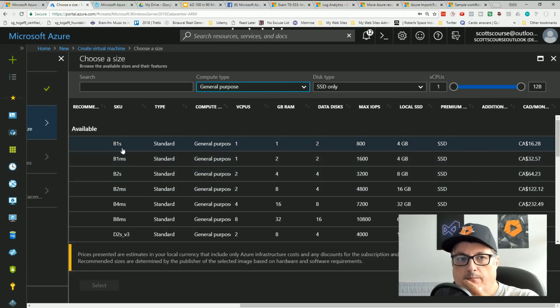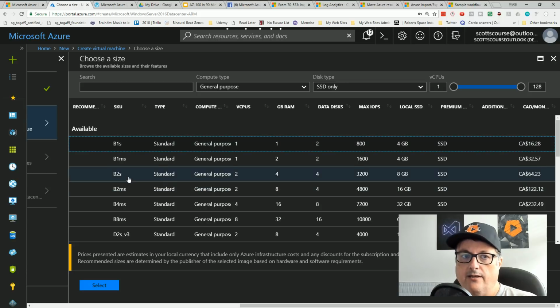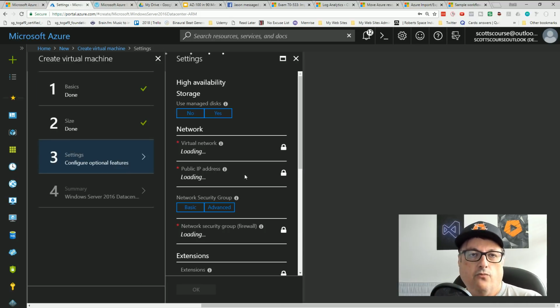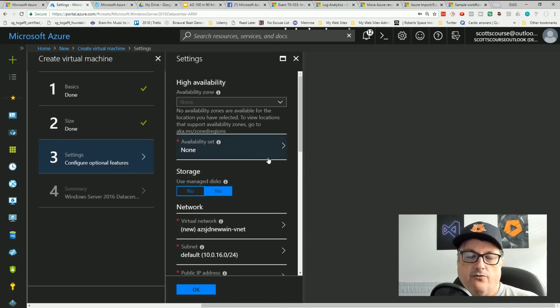Understand as well the different classes. So there's like the B class server. To me, that's pure testing and development. A B1 is sort of like the bare bones: one CPU, 1 GB of RAM. B2, B4, those are a little bit more powerful, but I wouldn't put them into production workloads. B1MS, I'm going to select. Why would you choose the D? Why would you choose the E, etc.?